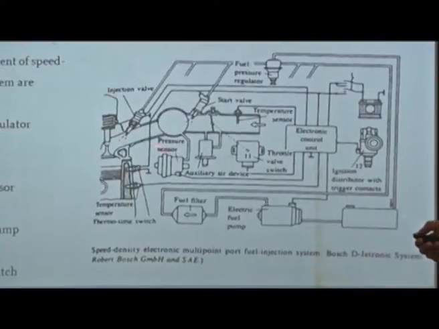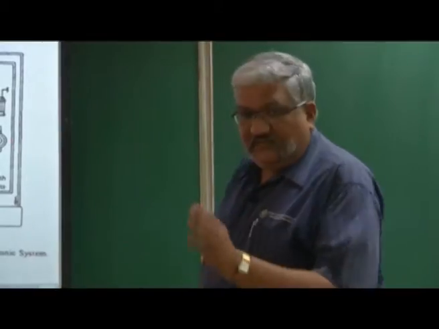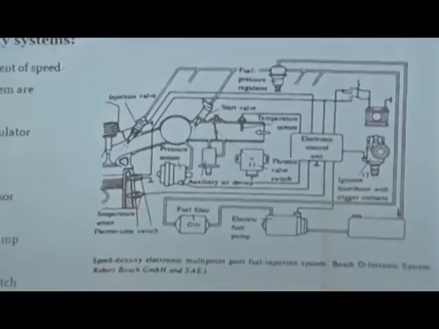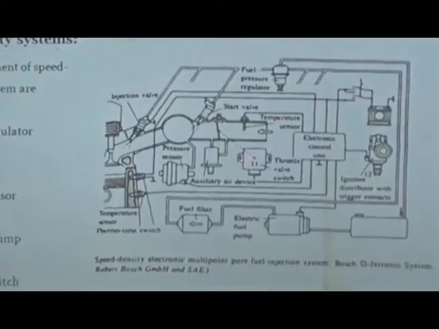And once it is calculated, then what the ECU will do, this is a battery which is giving power to everything, this is a distributor. Why is it used? The distributor in the engine is used to sequence the spark timing. For every cylinder the spark should be given only at the end of compression. Since the intake and compression strokes for each of the 4 cylinders are separated by 180 degrees, obviously the sparks will also be timed 180 degrees apart. This is connected to your crankshaft. So, this also in a way tells the ECU what is the speed of the engine.